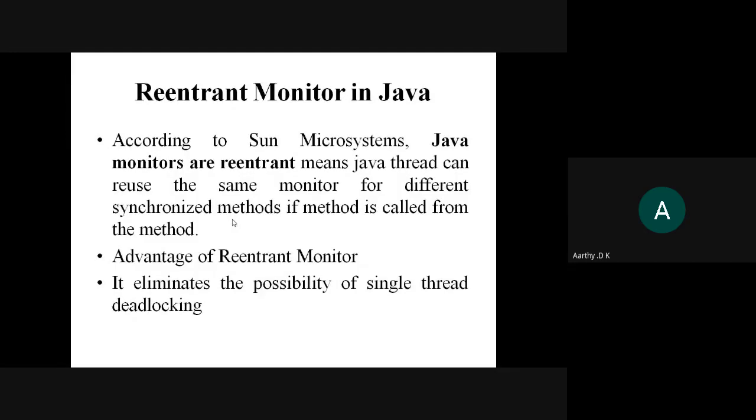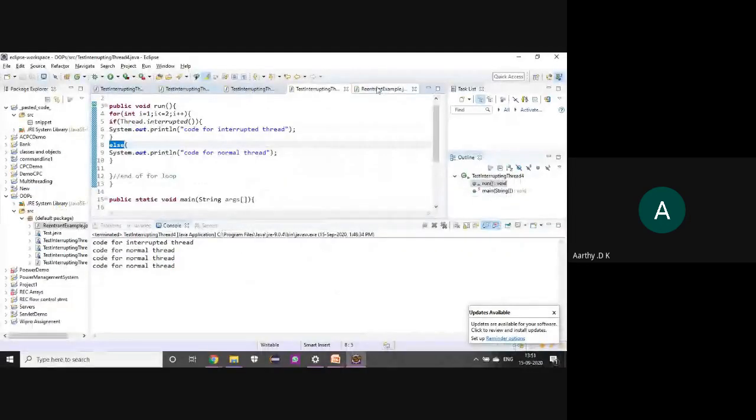That is, whichever resource I am holding on to, and I am trying to acquire the lock for that particular resource again, you might think it becomes a deadlock situation. But since I already have the lock and I am trying to regain that lock, you don't have any problem. So that was eliminated in Java with the help of the concept re-entrant monitor. So we will see the code for that.